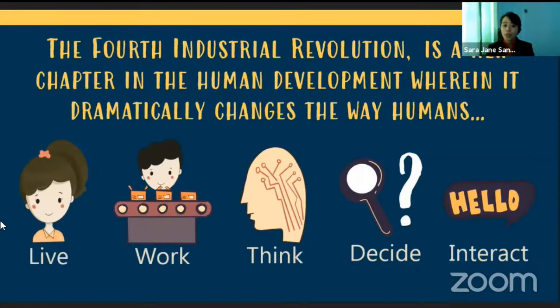Now, currently we have augmented realities, artificial intelligence, genetic engineering, quantum computing, tapos we also have the Internet of Things na lahat ng gamit natin sa bahay, mobile phones, laptops, smart TV, nasa isang wifi lang, nag-uusap-usap lahat yan.